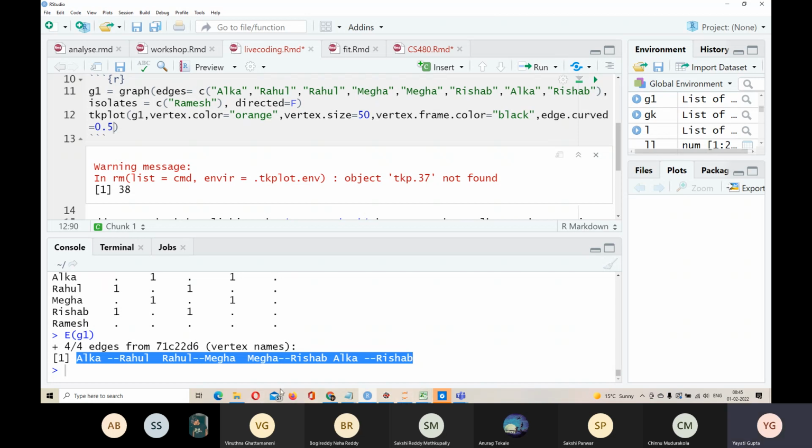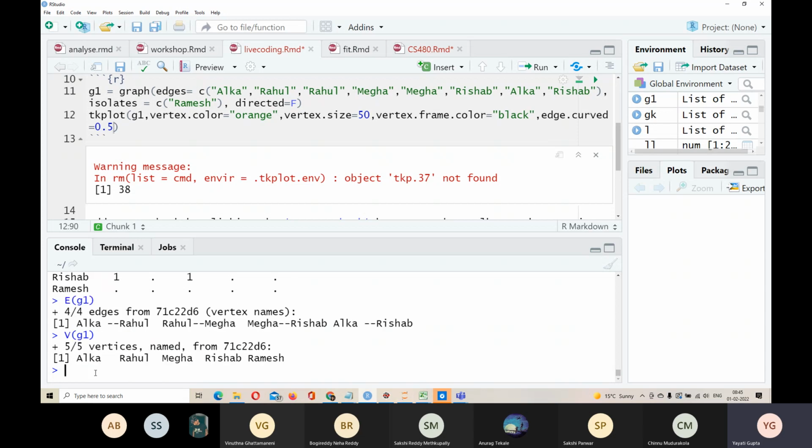Now, sometimes, if you look at the vertices here, V of G1, these are the vertices. Sometimes we want to associate some attributes with these vertices. So when we talk about real world data sets, I might be considering data like whether a student is male or female, how many marks they got in some exam, from which place the students are. So we have these kinds of attributes, and you also might want to store those attributes in code and use them.